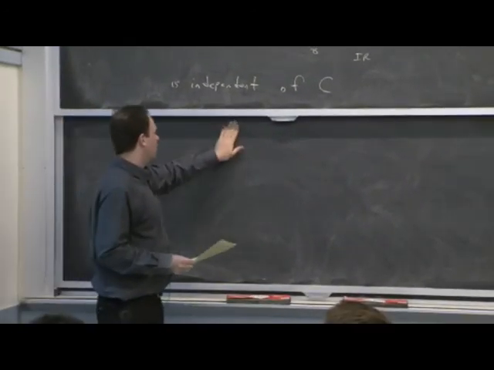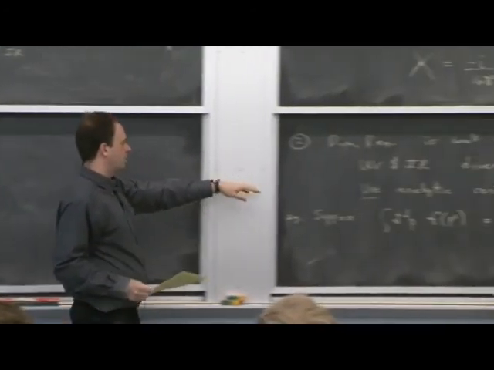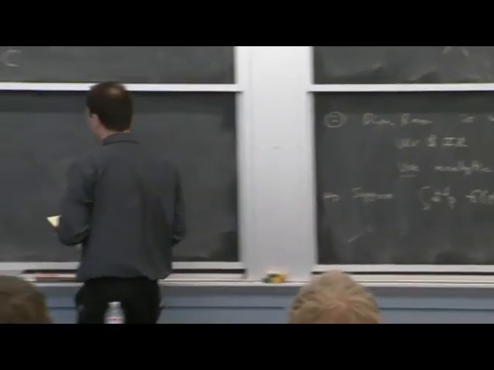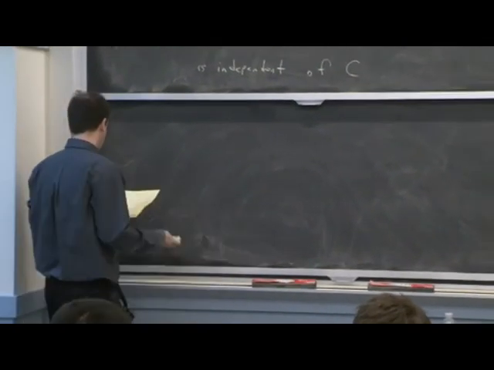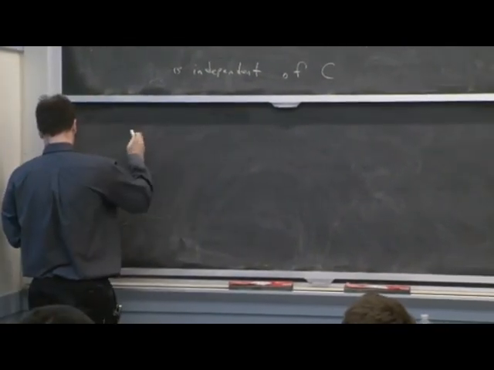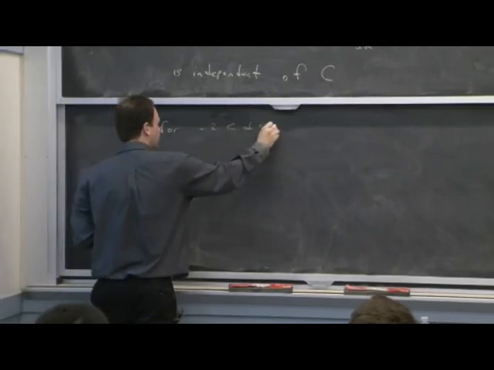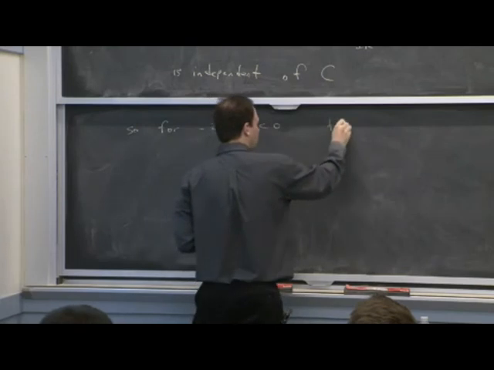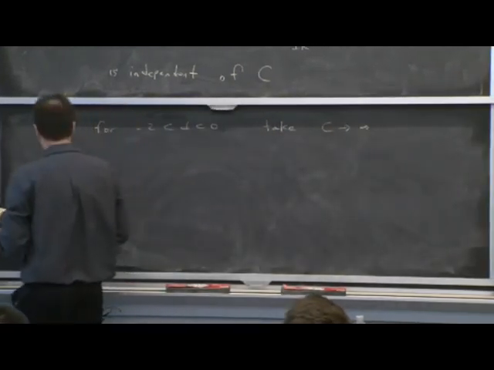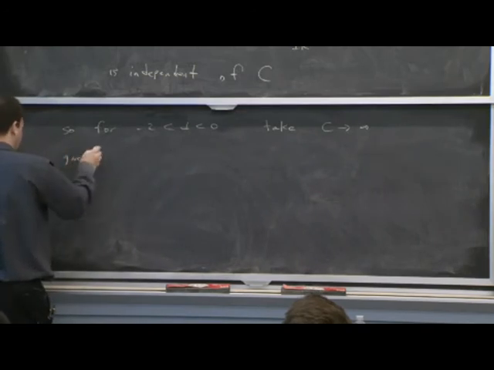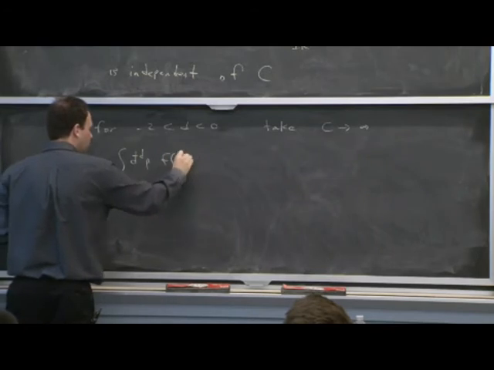OK, now, if you wanted to define, that was one of our goals. The other one was just to show you what you mean by analytic continuation. So since it's independent of c, then you could do the following. For -2 less than d less than 0, let's take c goes to infinity. And so for that particular range, what you find then, if you take that limit,